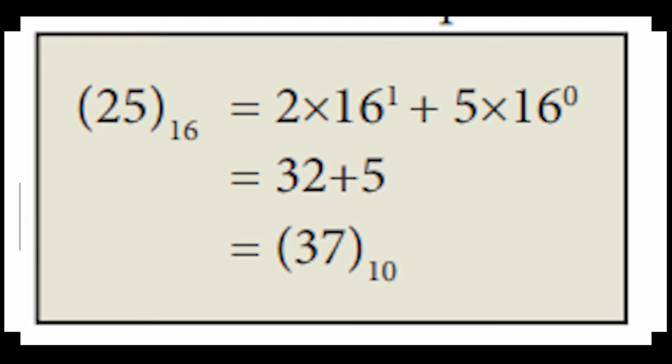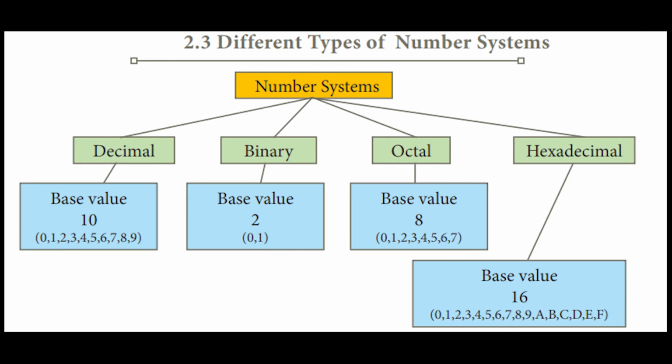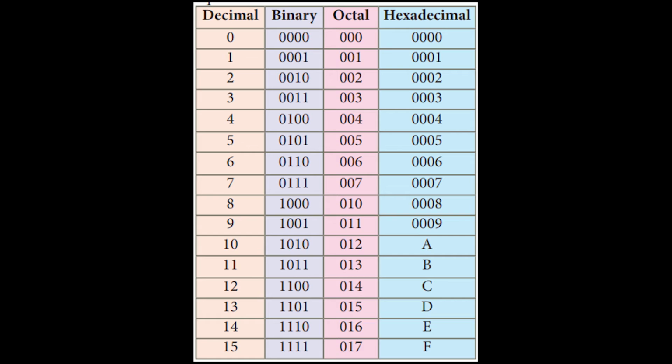We saw decimal, binary, octal and hexadecimal values, and we saw how to convert these numbers to decimal. Right? And we have a tabulation here which will clearly explain the difference between decimal, binary, octal and hexadecimal. It is on page number 17 in your book. Just refer to it. In the next session we'll be seeing the number system conversions, that is decimal to binary, binary to octal, octal to hexadecimal, everything. Before that, you be thorough with these numbers.